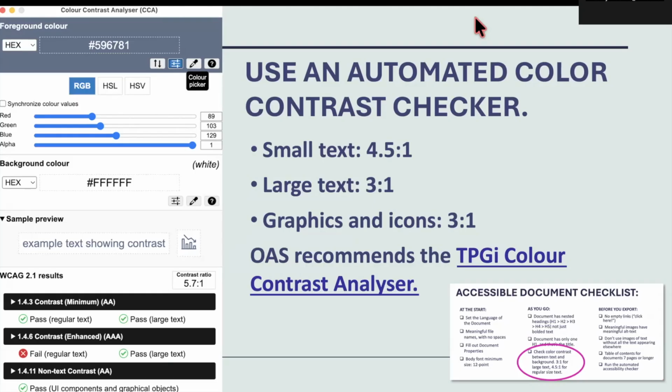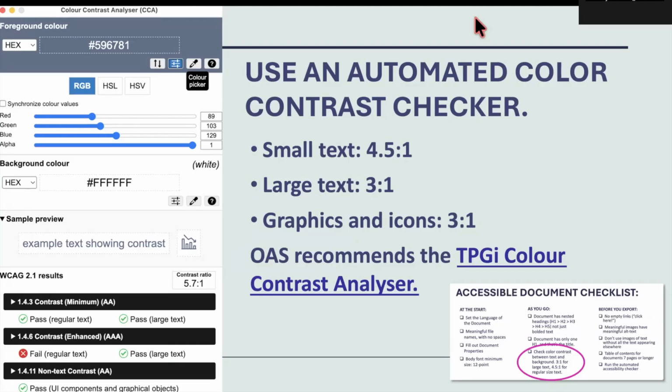And what this tool will do is you'll be able to use eyedroppers to go and sample different colors of combinations you've put together. This whole presentation is in a delightful combination of deep purple text against a light mint green background.